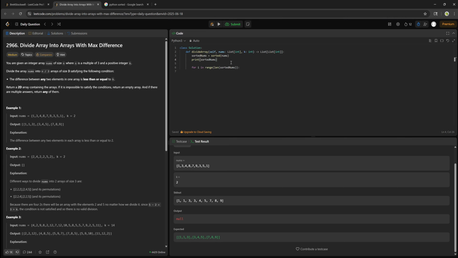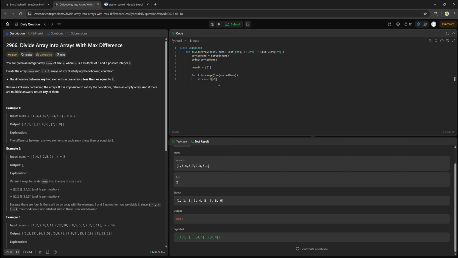Oh, we also need a variable, result equals here, and then, okay, so how are we going to group it by threes? What if we just do if